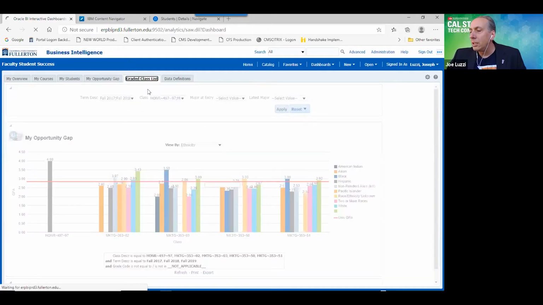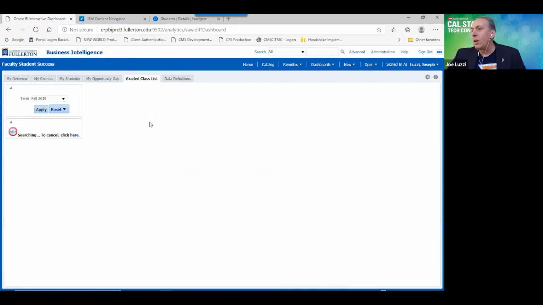And then the graded class list is what faculty already had access to, but we included in the faculty student success dashboard. And it basically shows the grade breakdown for each of their courses for the term. And there's a drill down so that the faculty can actually download a report, which they typically use for their